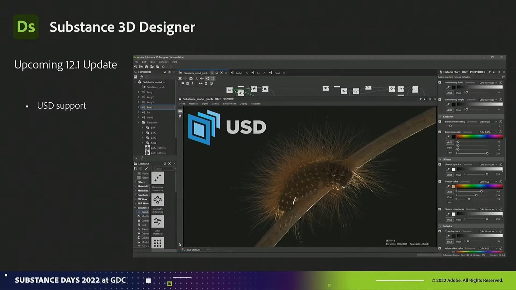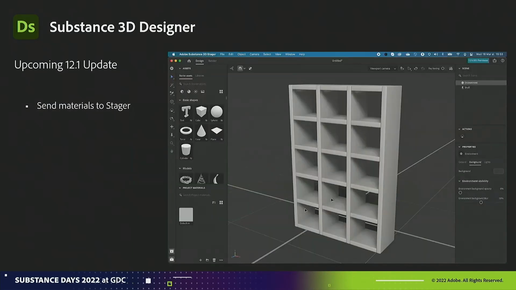Another thing that's really interesting is that you can export the result of, say, your model graph. So you're working on a model that you've created. You can export that as USD, which is going to allow you to support instances. That's really great too if you're using some of the nodes that are able to replicate objects across the surface or something like that. So the USD export will support the instances and material IDs, and also a tessellated mesh from the 3D scene. So that's going to be a new support.